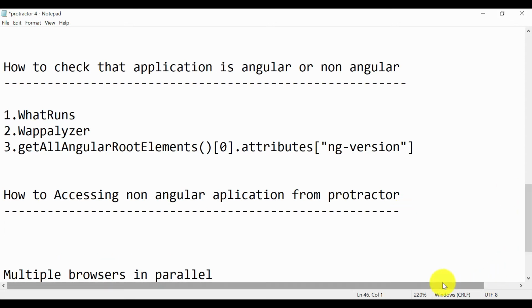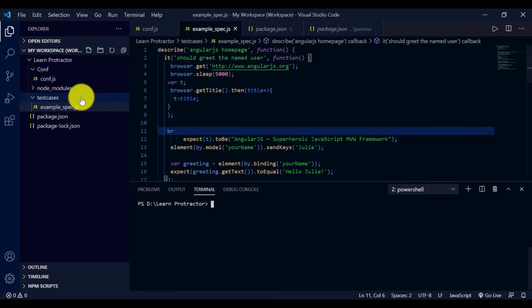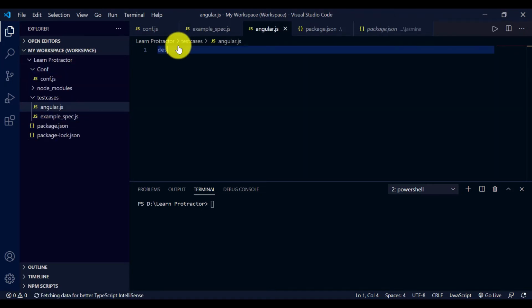Let's go to VS Code and create one test case. Click on the test case folder, click on new file, and give any name. First, we'll create the test case for an Angular application, quickly, and then we will be able to find the difference. Angular.js. With the help of describe and it blocks, we will be able to create our test case. Describe, let's say suite1